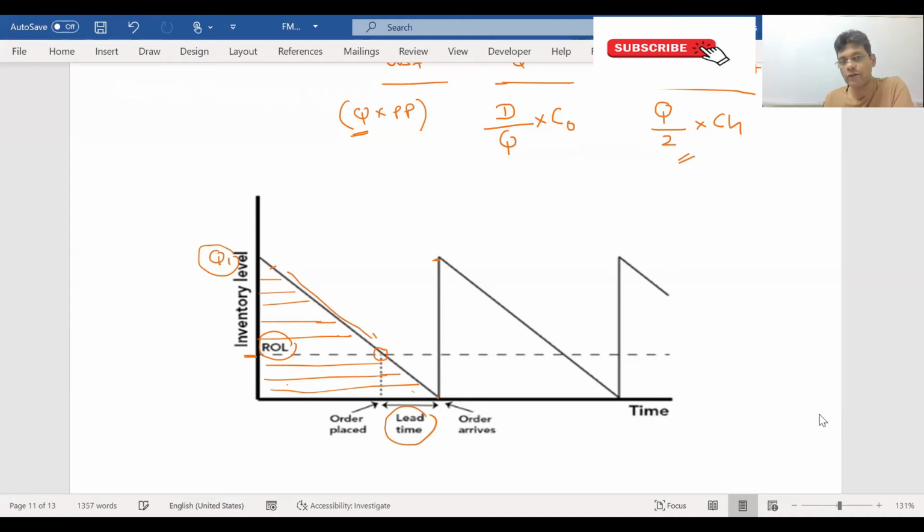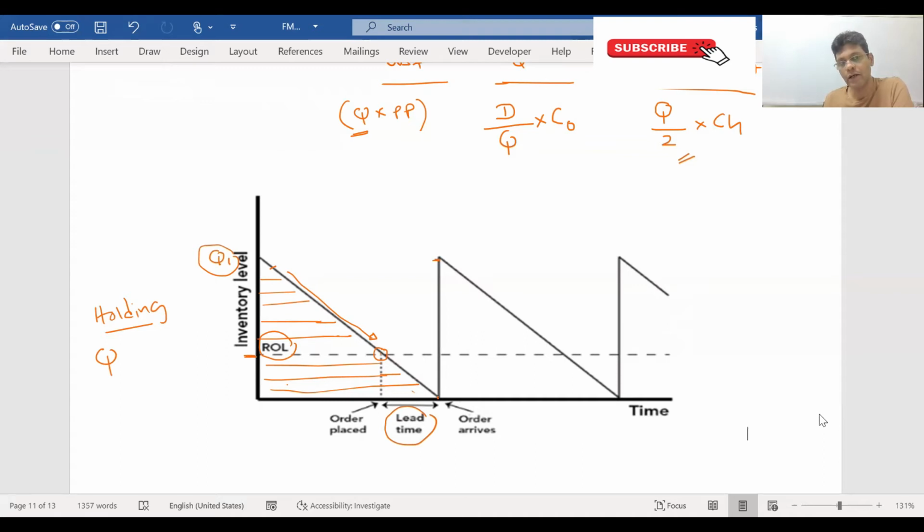So when you calculate the holding cost, we can't calculate on the total quantity, the annual demand. Since the stock level reduces over the period,